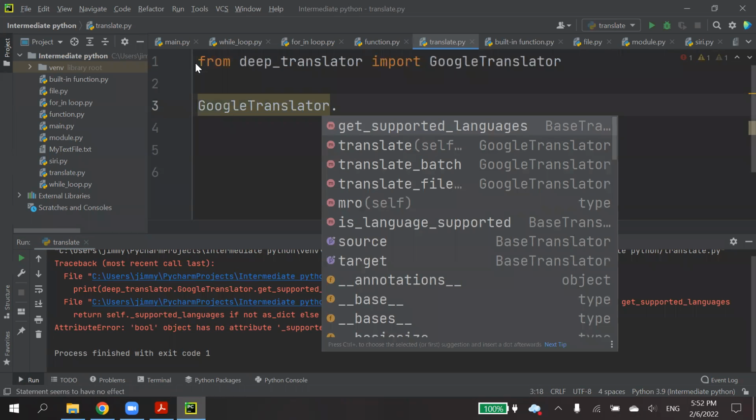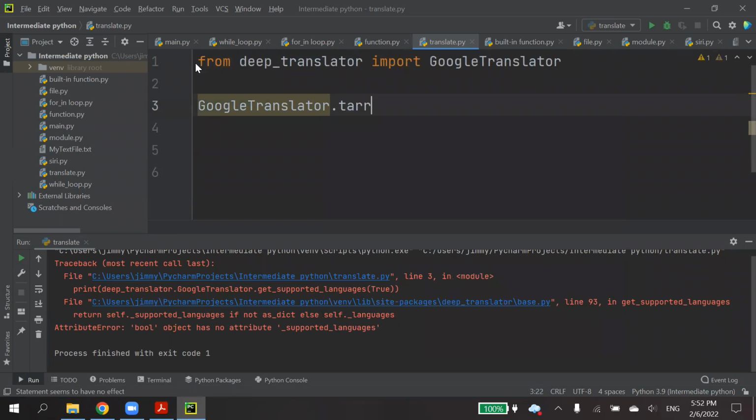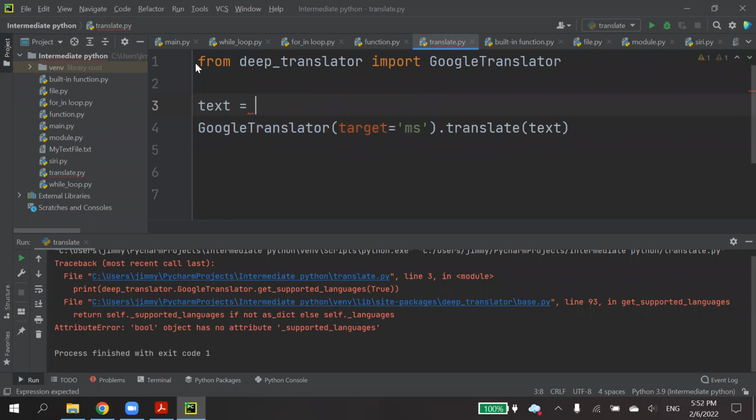Google Translator dot target. Oops, record target. Dot translate text. So let's say I have some text here: hi, how are you?